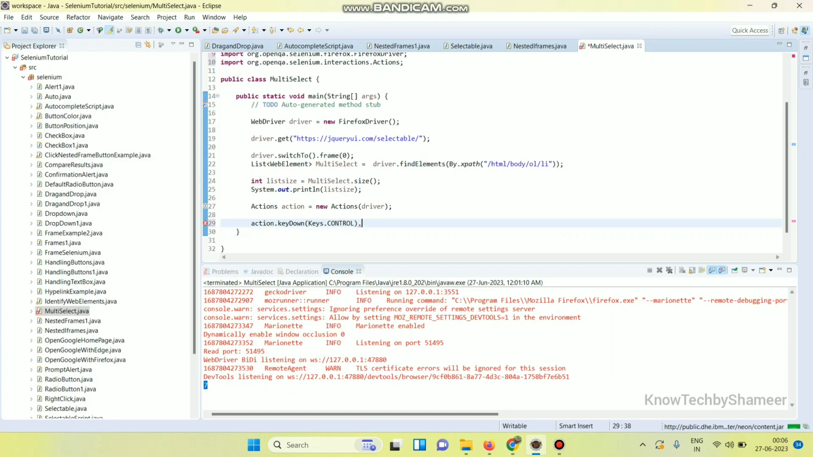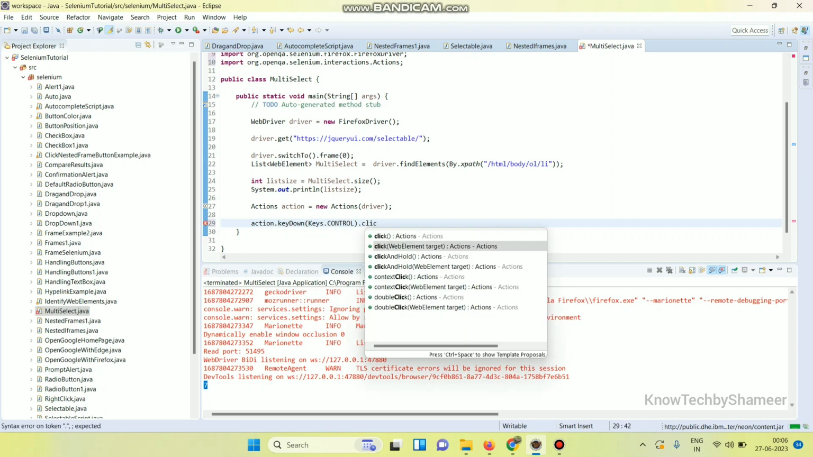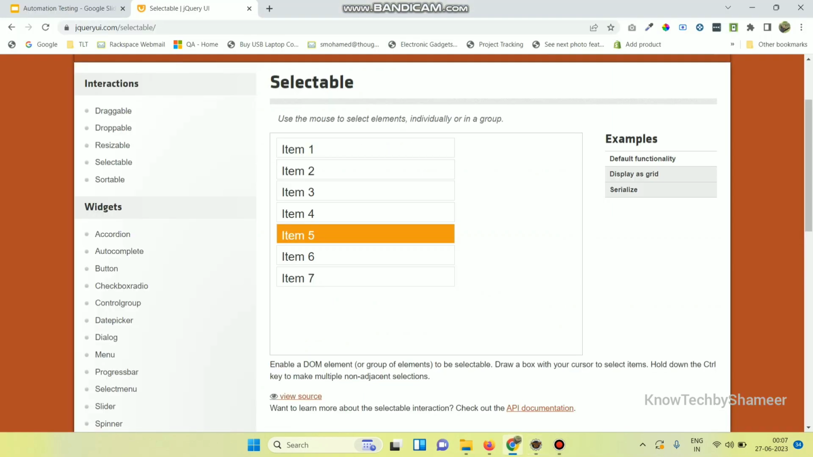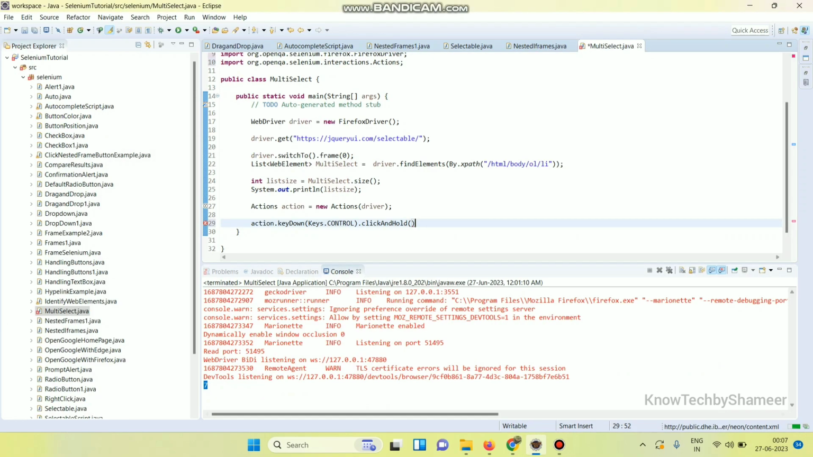So we need to use the mouse function clickAndHold. Which item do we need to click? The index of the first item is 0, 1, 2, 3, 4, 5, 6 like that. So let's click the second one, so the index value will be 1. So clickAndHold of